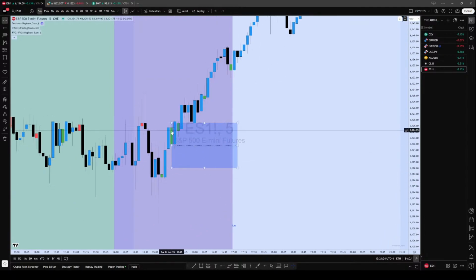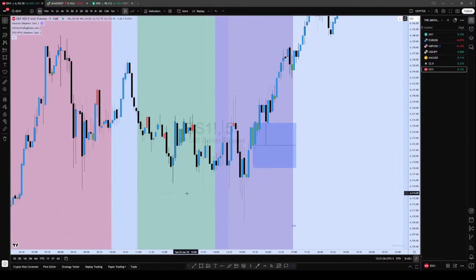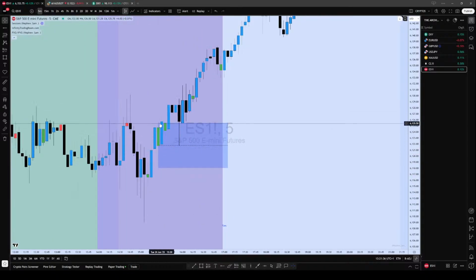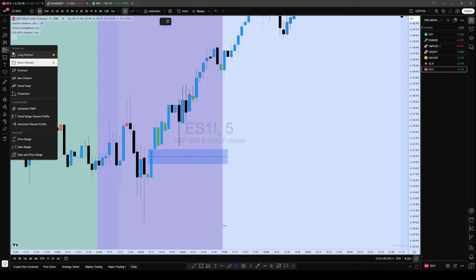Now, why is this an order block? Because we took out a London or pre-New York move, the low, we took it and then shifted, and when we shifted, it created a gap here. When price traded into the gap, displaced, created an order block. So that order block was the entry.